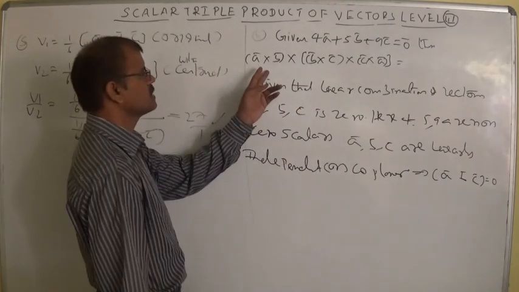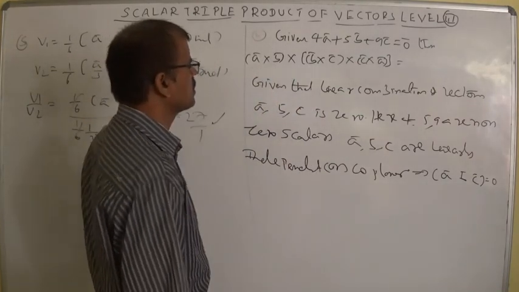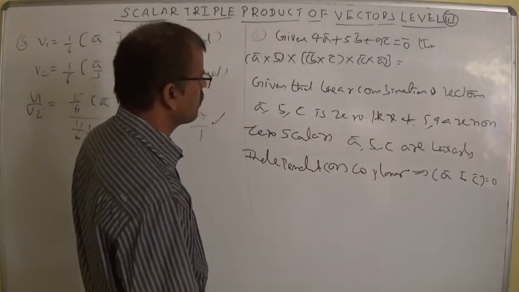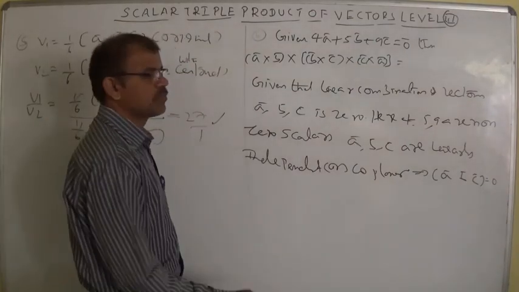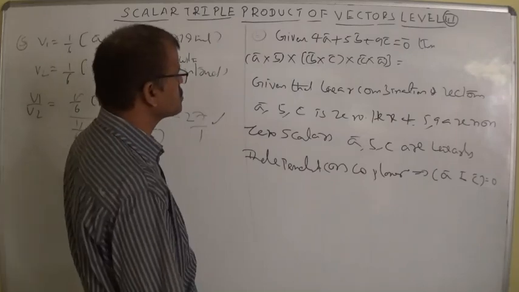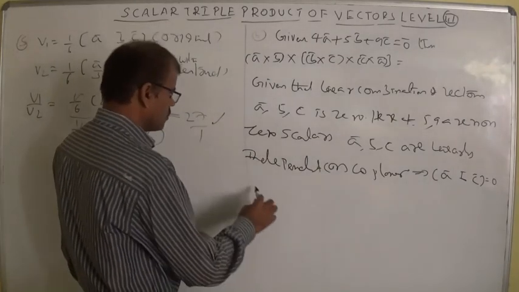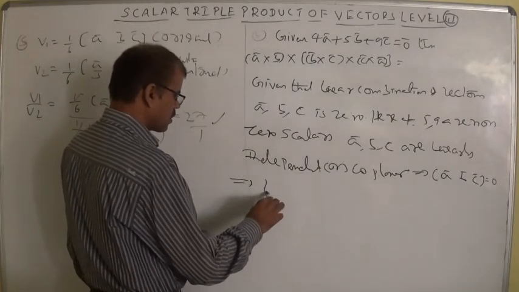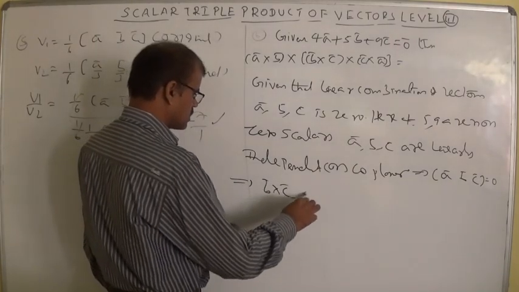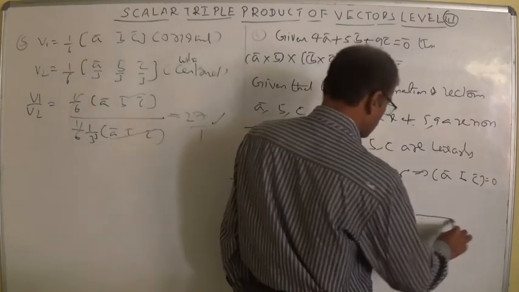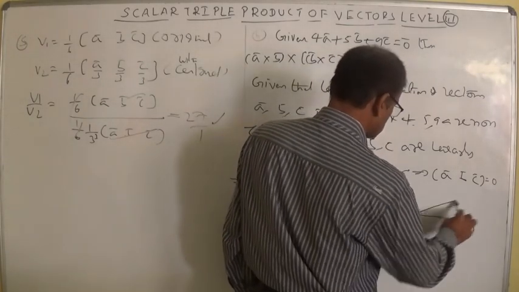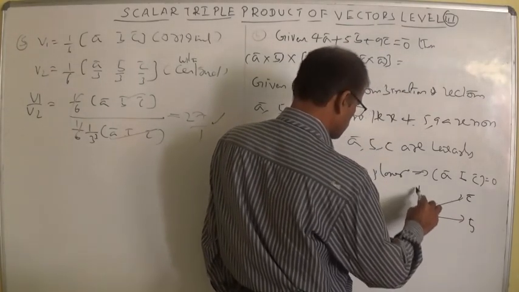If we put box here, this is A cross B, B cross C, C cross A. So whenever they are linearly dependent, then the perpendicularity conditions are also linearly dependent. You can say B cross C, comma C cross A. B cross C is the vector. I am writing here, this is B, this is C, and this is B cross C.